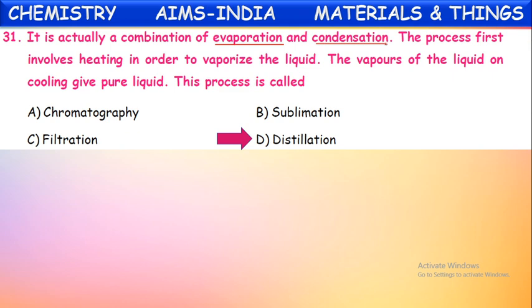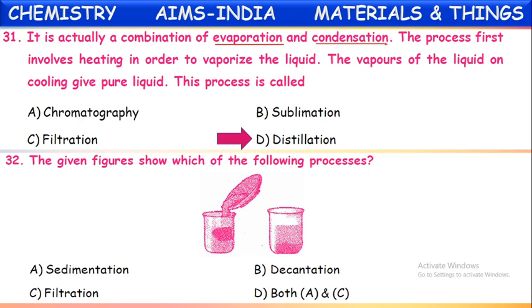In this way, a mixture of solid and liquid or two miscible liquids can be separated by using this technique called distillation or fractional distillation. In this process, two processes are involved: evaporation and condensation. Okay, it is distillation. Next one,